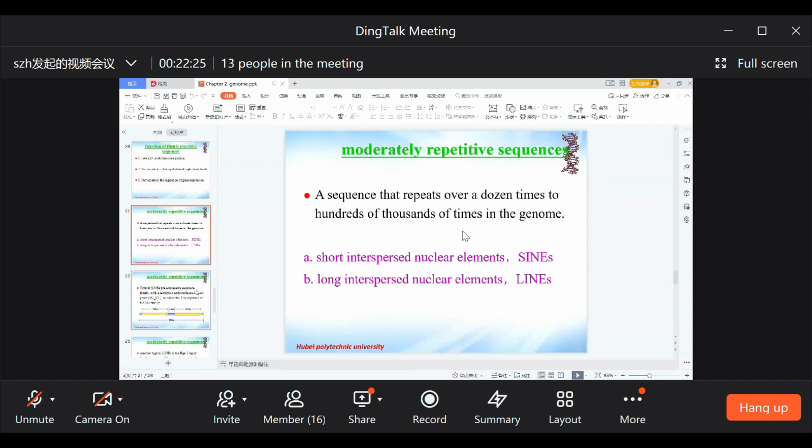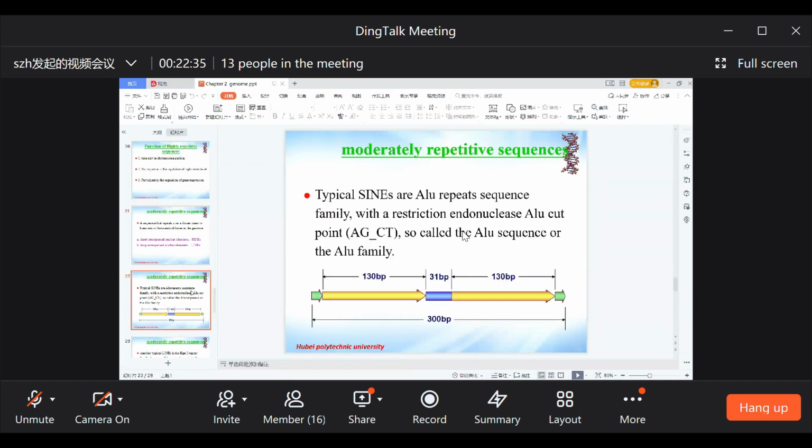Here, for my students, pay attention to this kind of fragment. Here you can see the typical short interspersed nuclear elements, the ALU repetitive sequence family, where